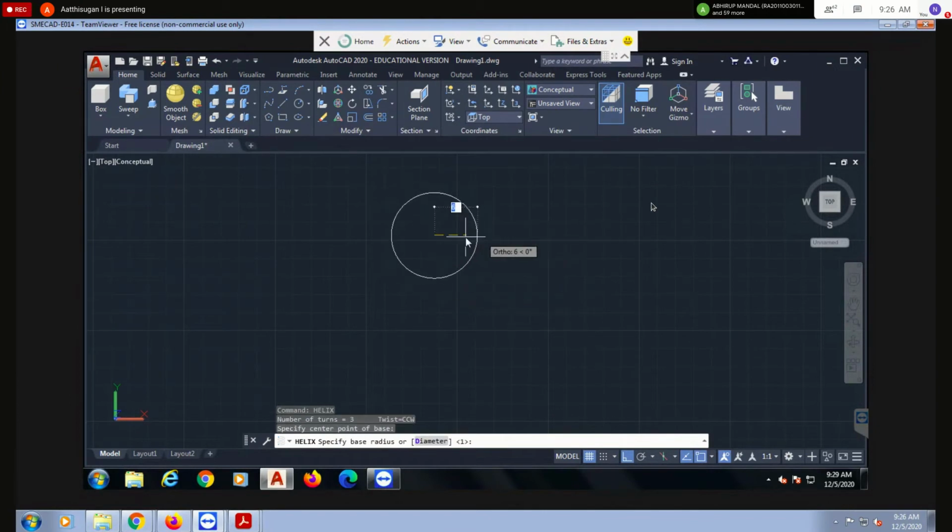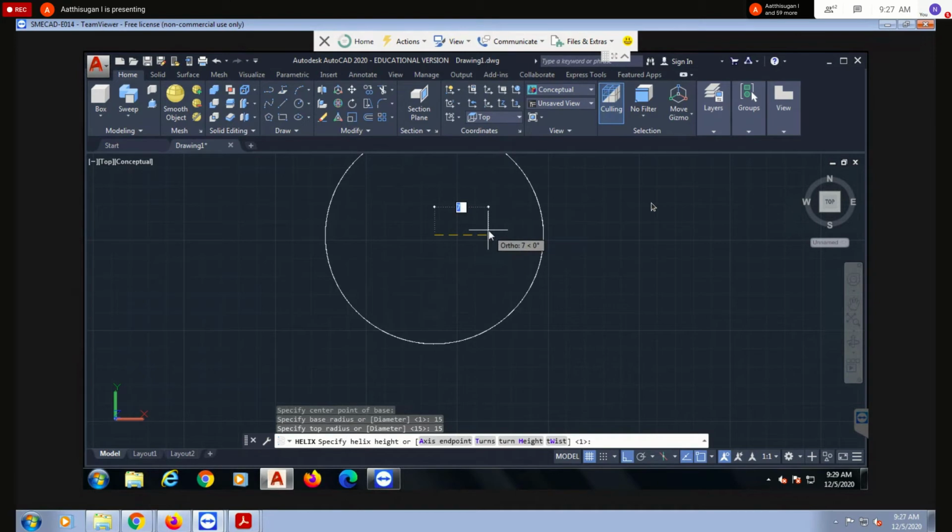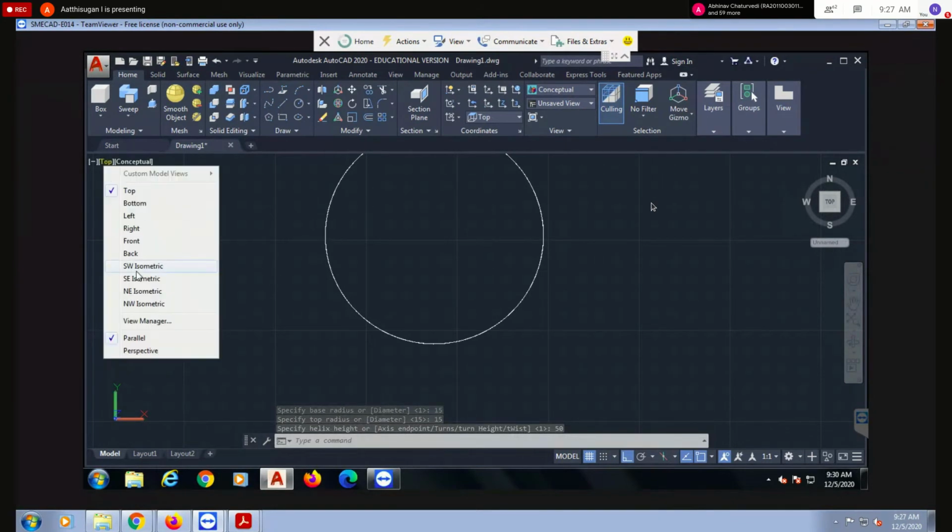I'm giving a convenient value of 15. Suppose you have various springs where top and bottom are the same; you can use the helix. So top radius is 15 and bottom radius is also 15. The height I'm going to give is 50. Now see, a nice symmetric view.